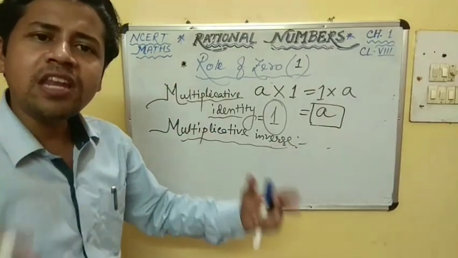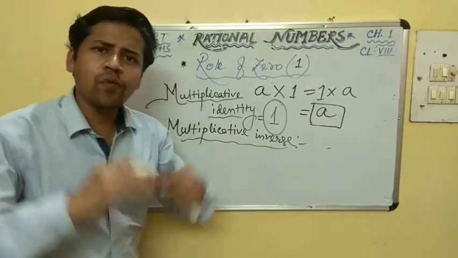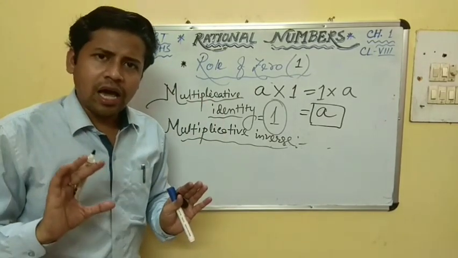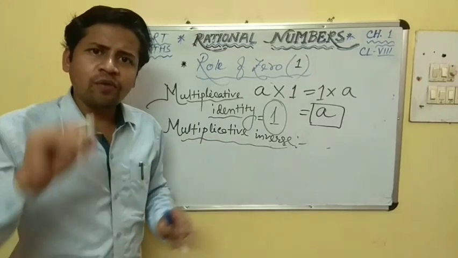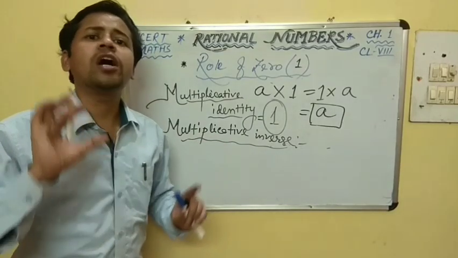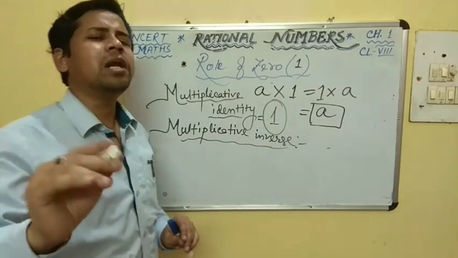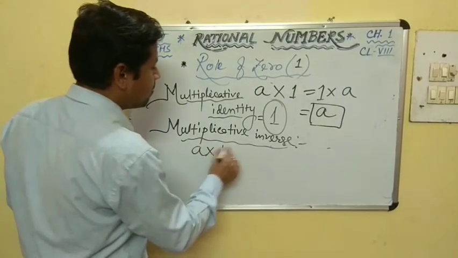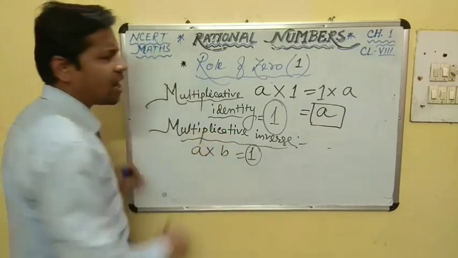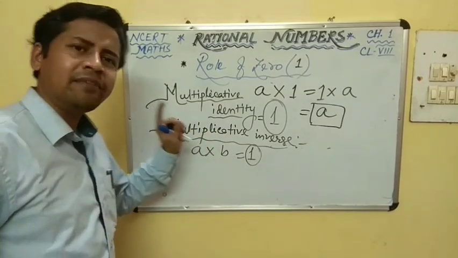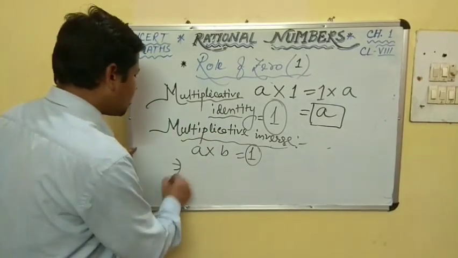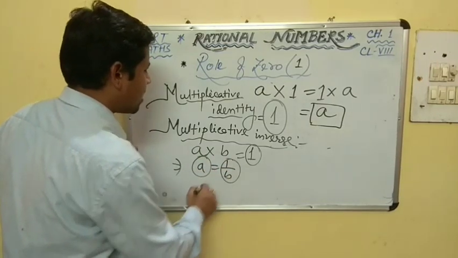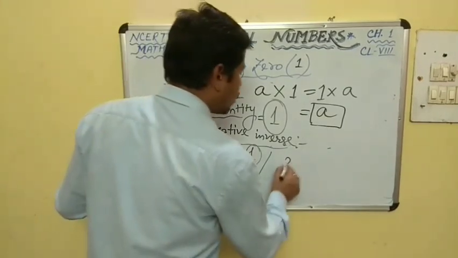If there are any two rational numbers, and we multiply them and the product is 1, then we say that the two numbers are the multiplicative inverse of one another, such as a and b. If we multiply them and the result is 1, then a is the multiplicative inverse of b. That means a is equal to 1 by b. It will be clear, 2 into 1 by 2